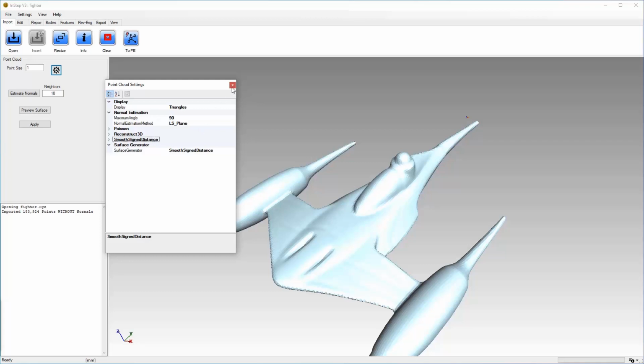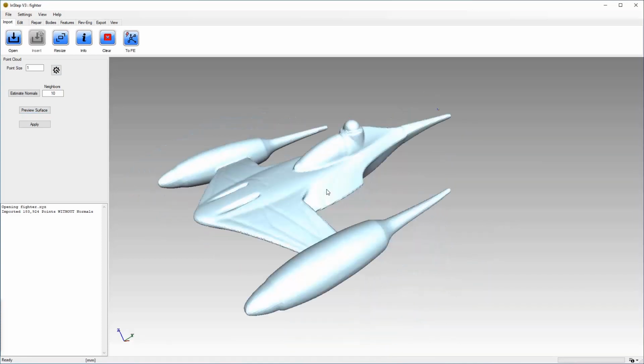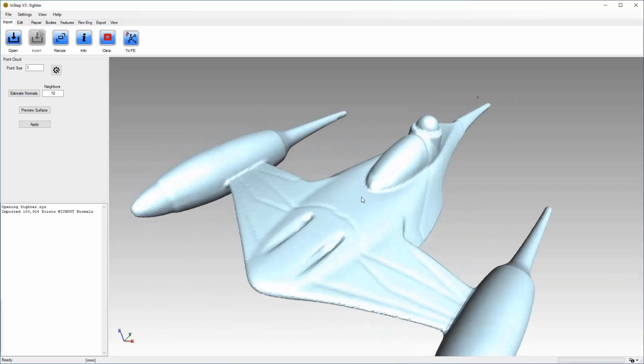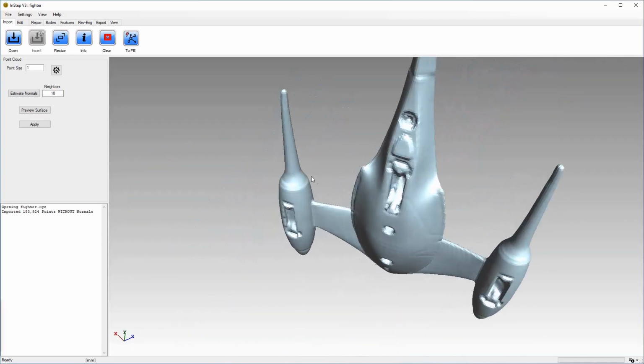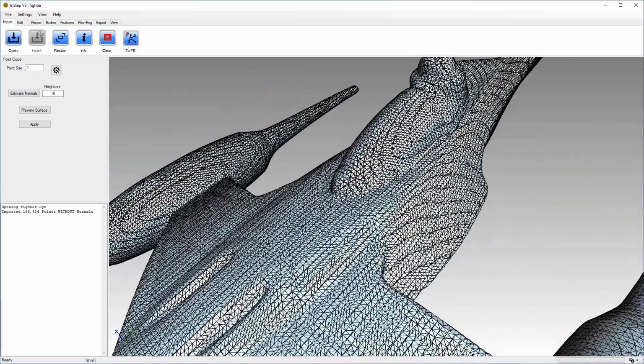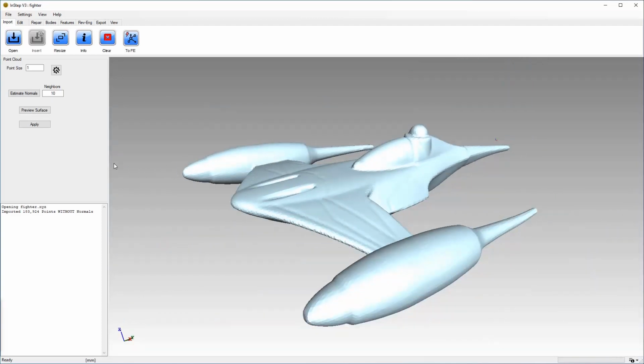So we'll leave those as is, close that, and update the surface. The result of this looks fairly good. So again, this would be a perfectly acceptable result. Take a look at the edges, get some more detail there. That all looks fine. So once we're happy with that, we can click Apply and convert that into a surface.